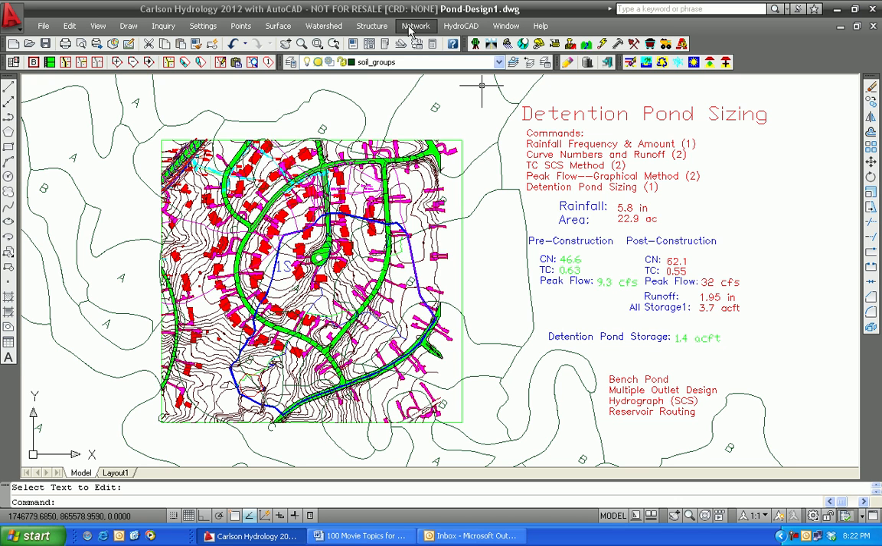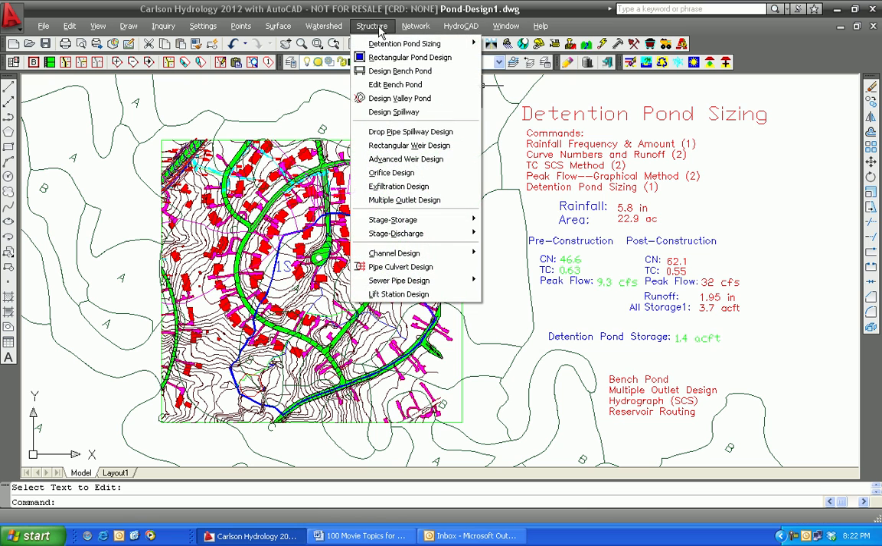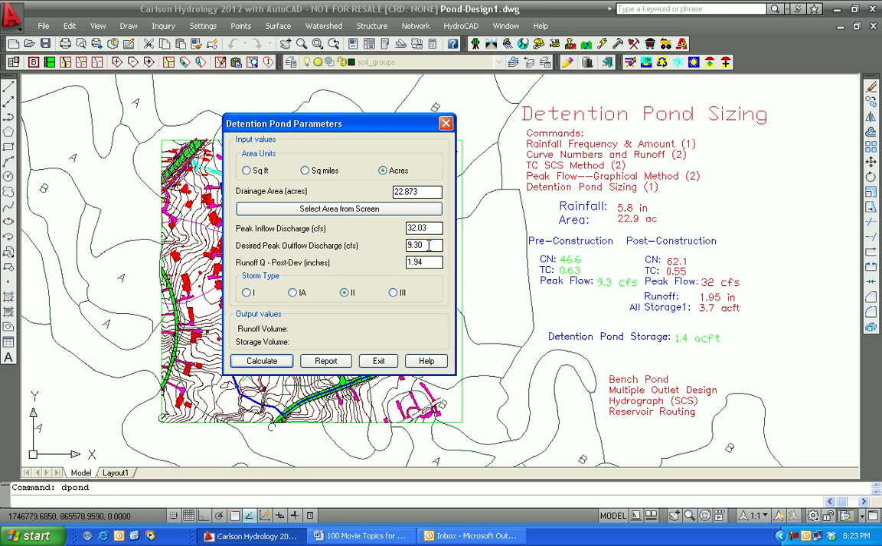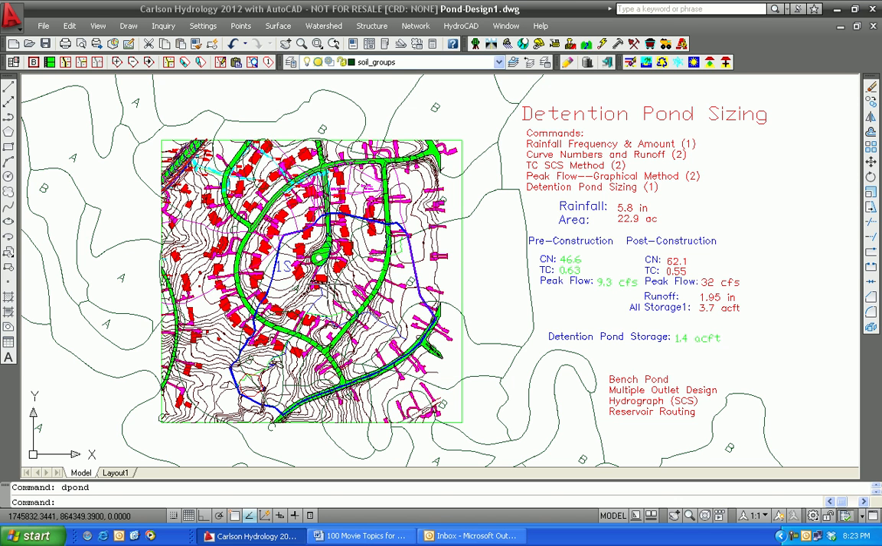So we go to the structure pull down, very top item, and we use the TR55 method. That's also associated with SCS forms of calculation. So we go TR55, we have our peak inflow, our desired peak outflow, the pre-construction discharge. We have our runoff condition, 1.94. It is a type 2 storm, and we calculate a 1.4 acre-foot pond would be the minimum size pond that would handle the